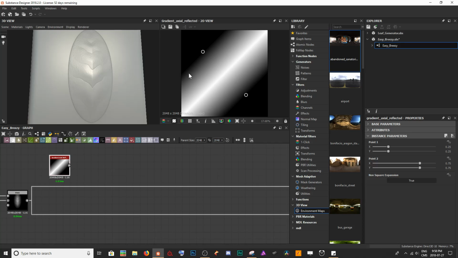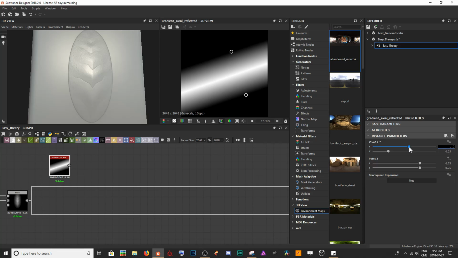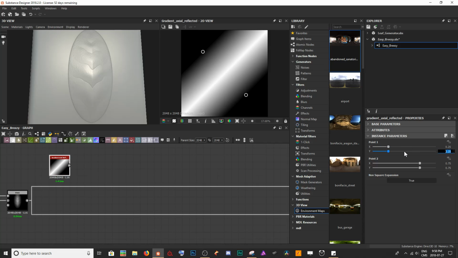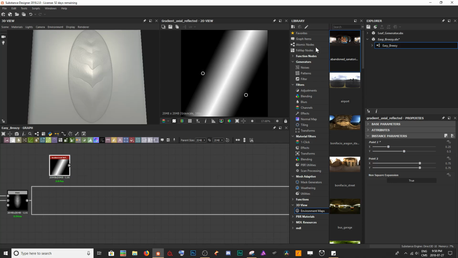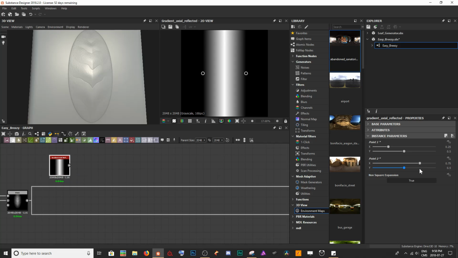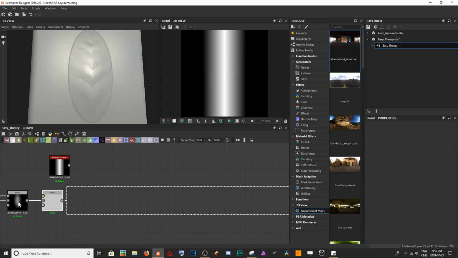So with our gradient axial reflected here, I'm going to make sure that we set our X to 0.25 and our Y to 0.5 so that we get it in the center and towards the left side here for this guy. And I want to make sure that the X for our point 2 is 0.75 and our Y is going to be 0.5. And so this is going to give us a blend or a gradient right in the middle of our texture here. And so when I add a blend node,